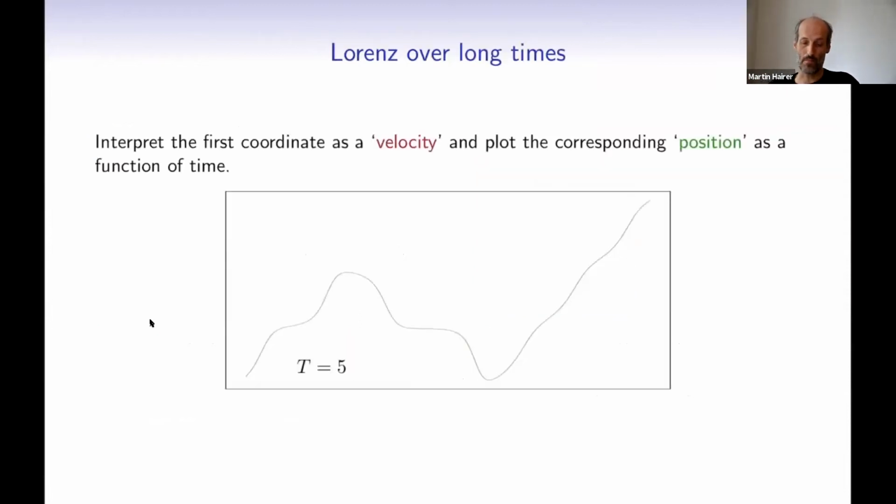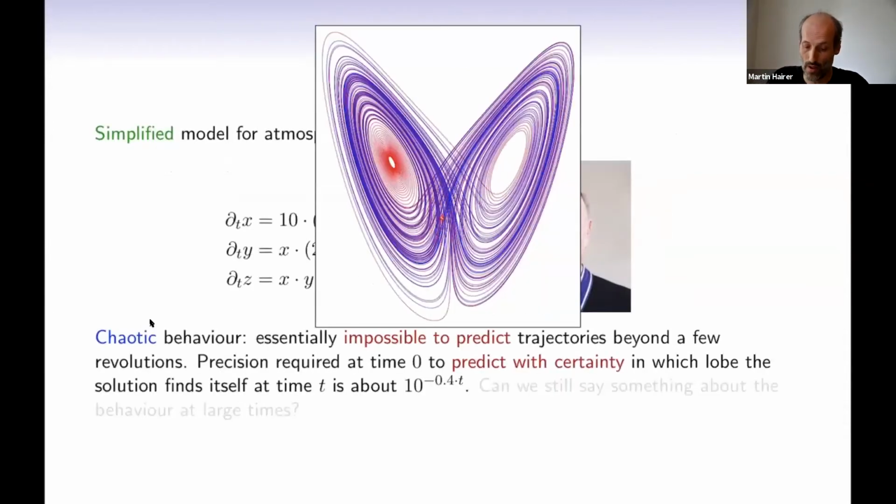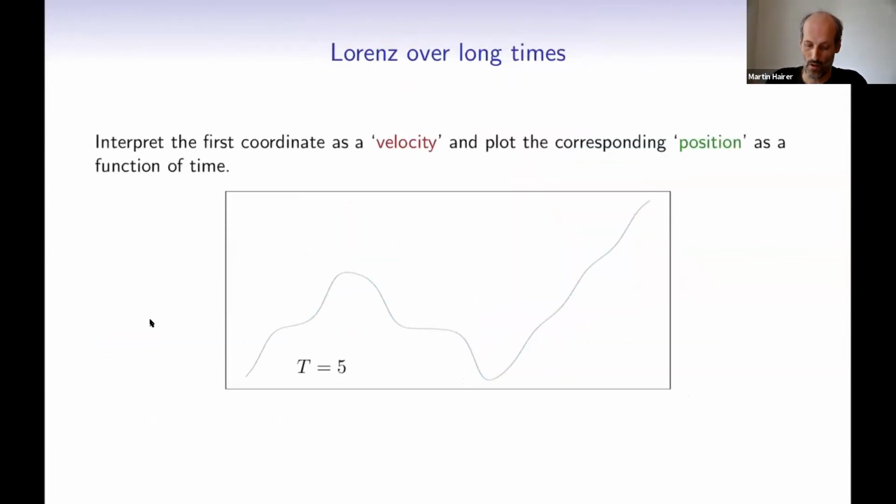So here is what happens if you take one of the coordinates of the Lorenz system, say the first one, the x coordinate, and interpret that coordinate as a velocity, and then plot the corresponding position. This coordinate, the horizontal coordinate here, is sometimes positive when you find yourself around this lobe, and sometimes negative when you find yourself around this lobe. If you interpret this as a velocity, positive velocity means going up, negative velocity means going down. So if you look at the corresponding position,